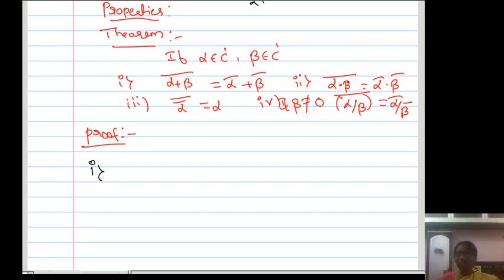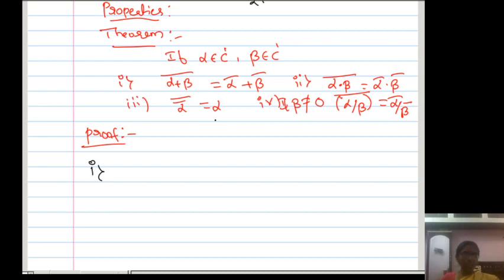Similarly here, first you do the product, then after doing the product, you find the conjugate. This is equivalent to first taking the conjugates of alpha and beta individually, then doing the product. If you apply the conjugate two times, you get the number itself. If division, (alpha by beta) whole bar is alpha bar by beta bar, means first you do the division, then apply the conjugate, or individually apply the conjugate, then do the division. Both are the same, LHS is equal to RHS. This is the meaning, but let us see how we give the proof theoretically.